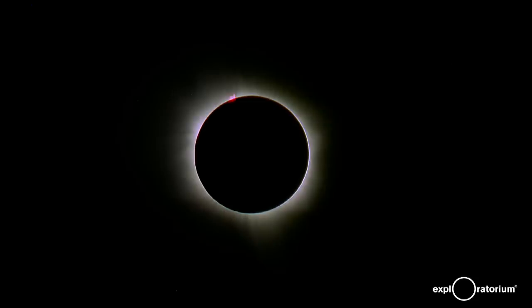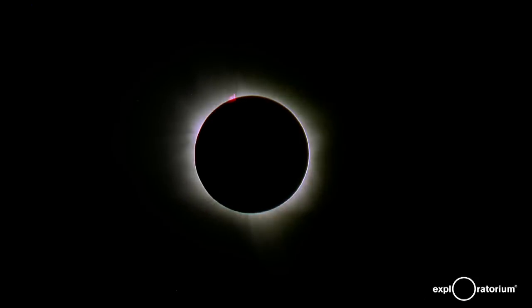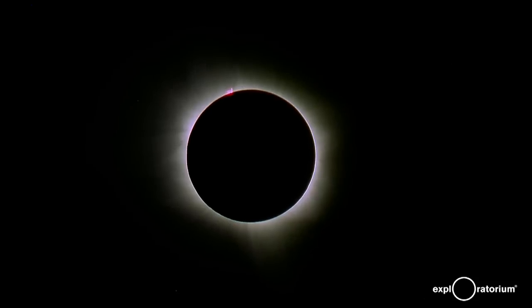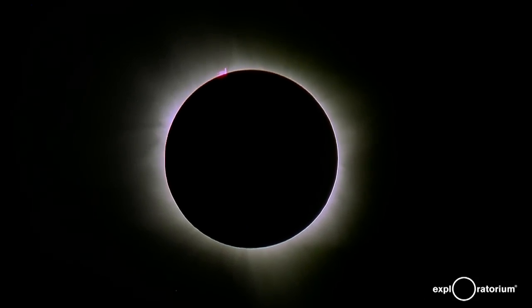There's a lot of kids running around. It was really great to prepare the kids yesterday to tell them to take off the glasses during totality, and I think they did, from that giant cheer that went up. Yeah, Paul, when I'm standing here, it's so beautiful. It's so amazing. As I'm standing here in the shadow of the moon, I feel so privileged to be able to bring this to the hundreds of thousands of people who are watching us online and